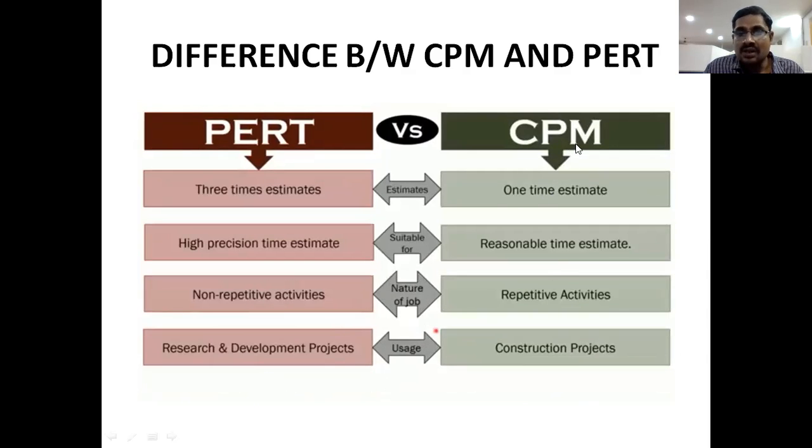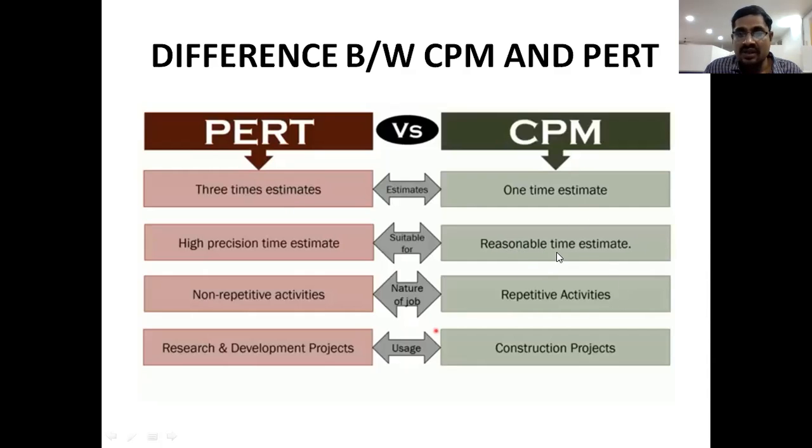And in the next slide, CPM is used with only one time estimate for the activities of a project. But in the case of PERT, we have three time estimates for each and every activity. So we have three timings to estimate the final time of each activity of this project, right? Those three timings are normal time, means most likely time; pessimistic time, means longest time; and optimistic time, means shortest time. These three timings are estimated for each and every activity.